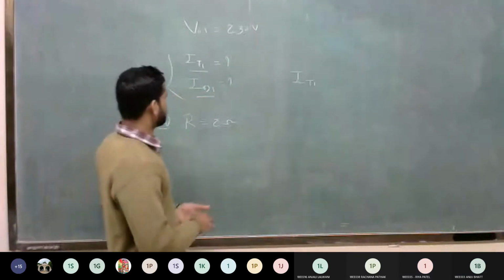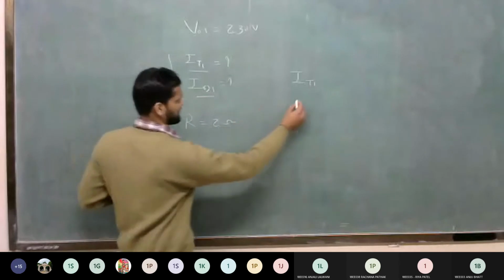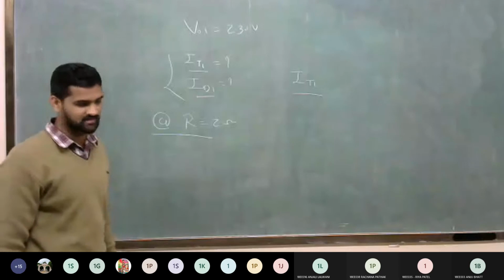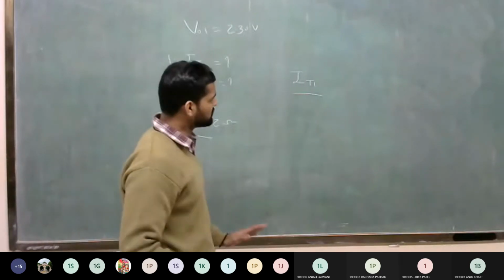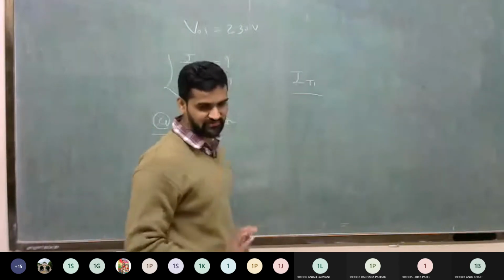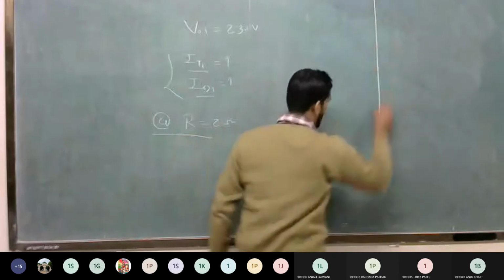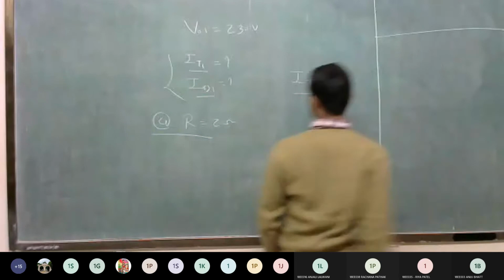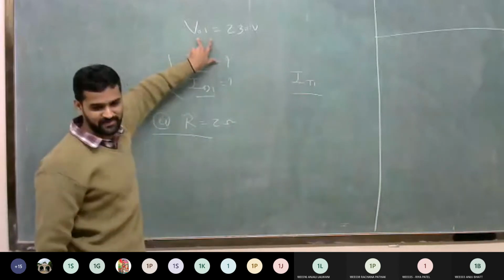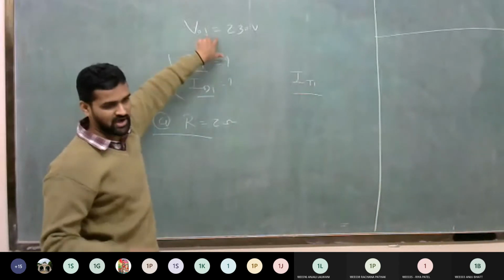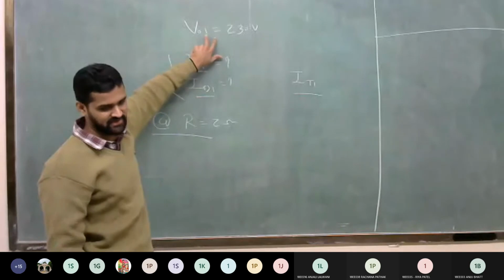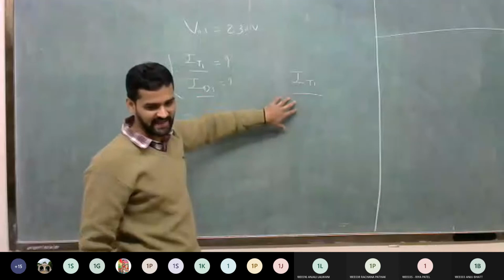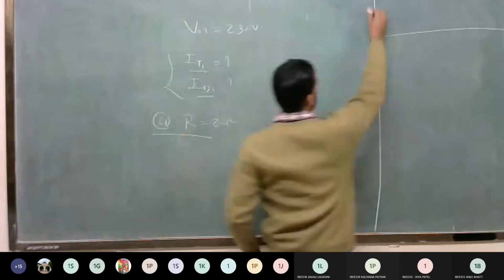So here we first find the RMS value of thyristor current for load R equal to 2. Clear? If you do not know how to calculate this, first go to the waveform. So what is the waveform for R load? For R load, the output is only the fundamental component. It means your output load current is a sine wave. It means the current flowing into the thyristor is also a sine wave.